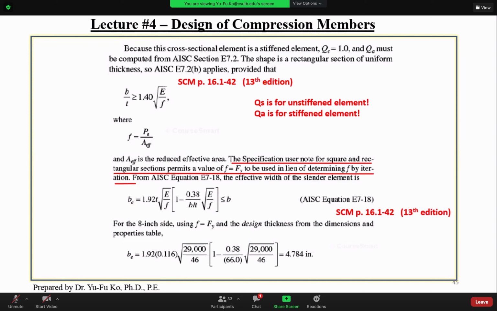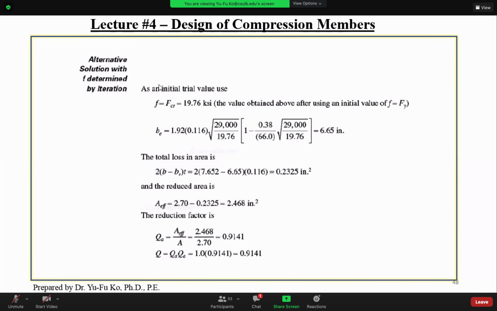Now, another method you can use is what we call iteration to solve for F. You can start by guessing F from any number in the beginning. In this case, we use Fcr. F equal to Fcr is 19.76 ksi. This number is coming from the previous steps, where we assumed F equal to Fy. If you can recall,